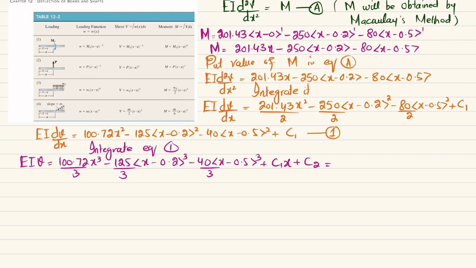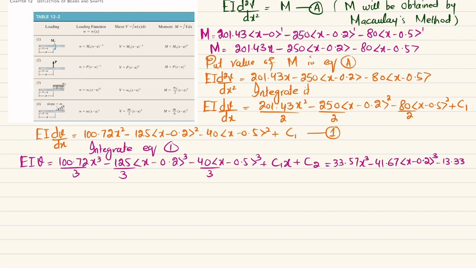And if you further simplify it, 100.72 divided by 3 will give you 33.57 x³, minus 125 divided by 3, which is 41.67, into ⟨x − 0.2⟩³, minus 40 divided by 3 will give you